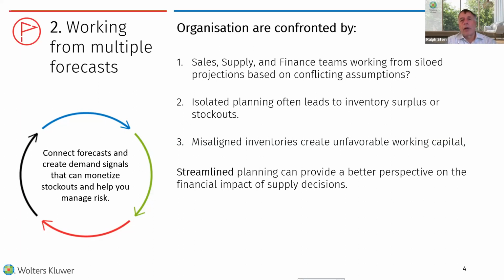So by having everybody working off the same numbers and agreeing on the process, for example, the sales forecast their numbers, supply, and then you combine those numbers and choose which one has the best fit. Then finance adds their part, using the sales and supply as the basis, and says these are the additions we've done and why. For example, they might know that a massive merger and acquisition is happening, which sales and supply might not know about, but it's going to have a major impact on the overall numbers. So by having everybody working from the same set of numbers, everybody knows what's going on when things are announced.